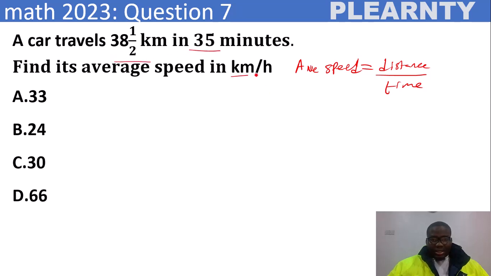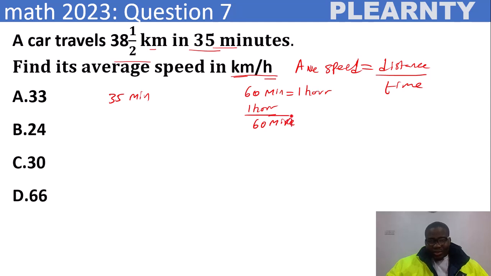But the thing is that when you look at these units, you have kilometer per hour. So this is in kilometer, we don't need to convert it, but this is in minutes. We have to convert this to hour. So 35 minutes, if you want to convert it to hour, 60 minutes equals 1 hour. So when you say 1 hour over 60 minutes,